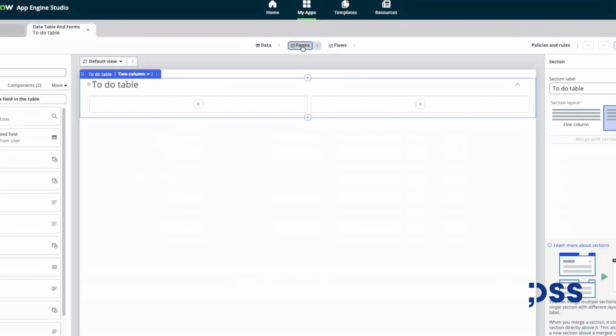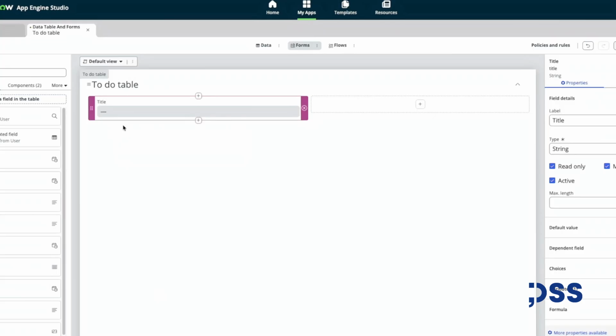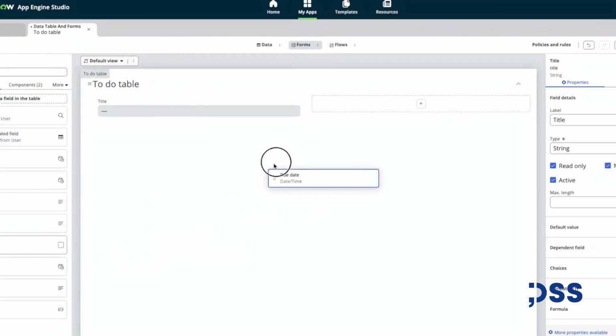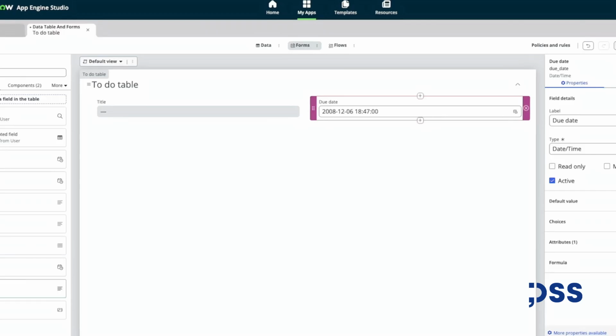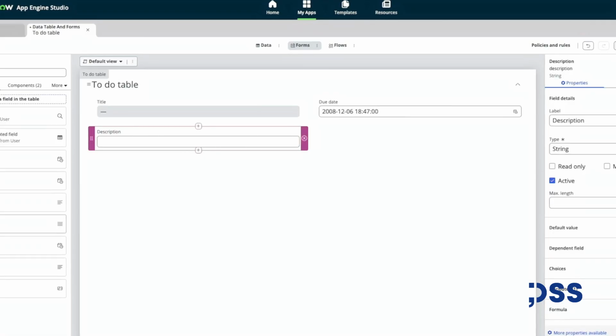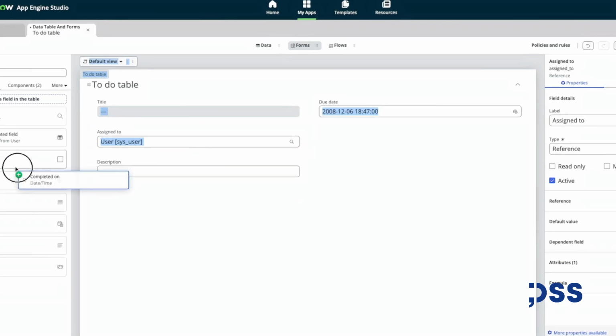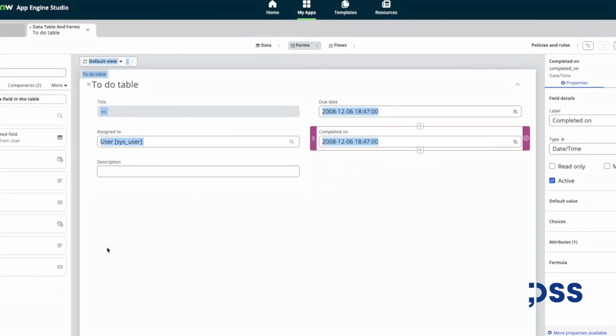Now let's create a new form for our fields. As we can see, we can select the layout, so it can be one column or two columns. For now, let's select two columns and add the fields that we want on the form. We can just drag and drop them, and whenever we drag and drop a field, you can notice that we can choose some field details, so we can decide if it's going to be mandatory, if it's going to be read only,